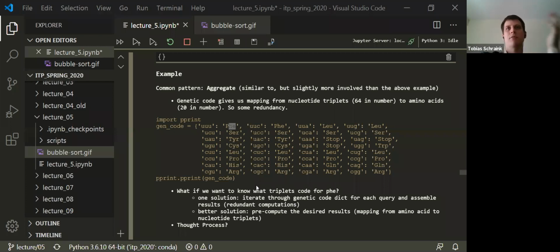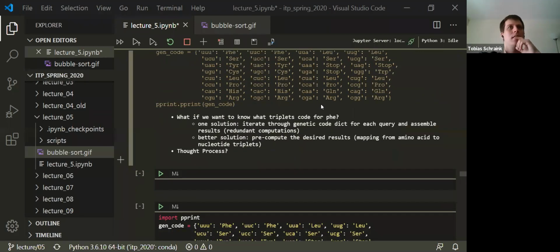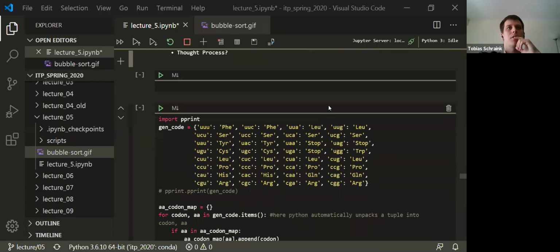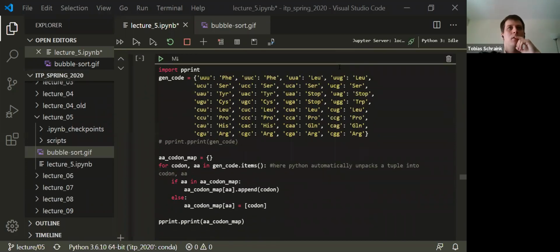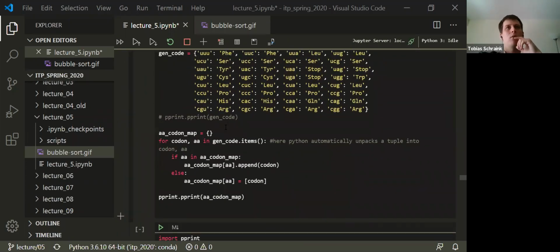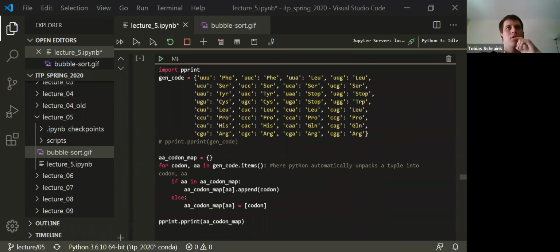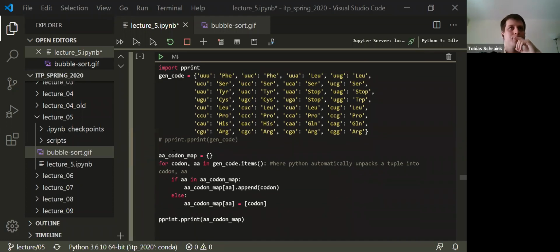Yeah, exactly. So the value of the dict needs to be a list rather than a string. That's exactly right. And so what we're going to do here is initialize our genetic code. Then we're going to say, well, this is our amino acid codon map. And then for each codon and amino acid in our genetic code.items,